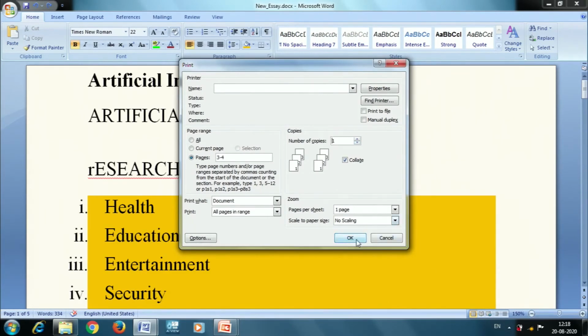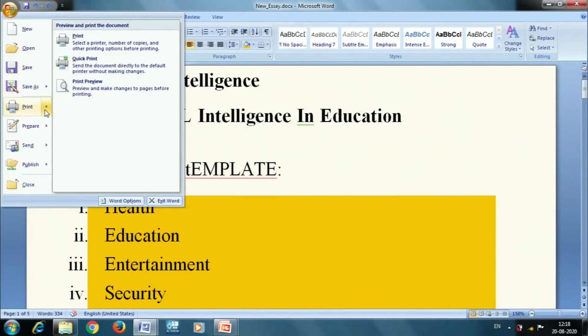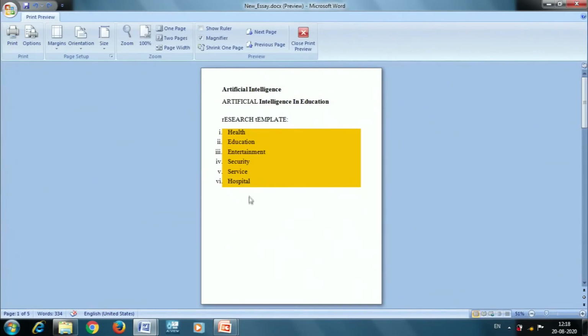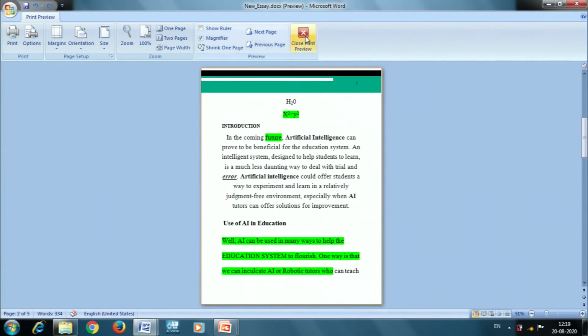Then we have to click OK. Here the printer is not installed, so I am not giving the option OK. But generally I will recommend that before taking the printout, you use the option print preview. In the print preview, you will be able to see your document, how it is going to be printed and how it is going to be aligned in your papers. So, you can see this and then try to give the print options.